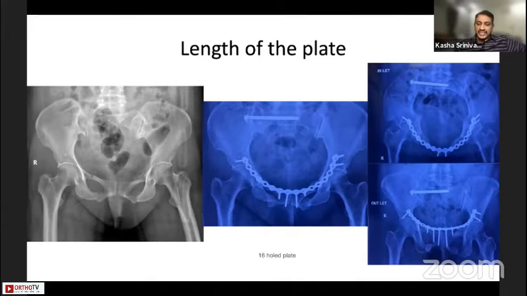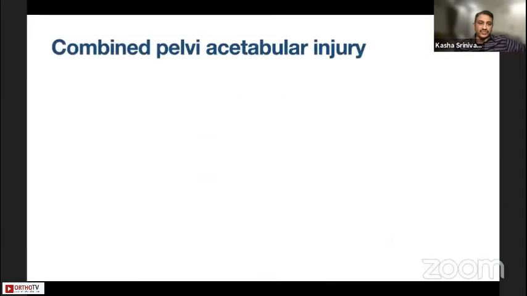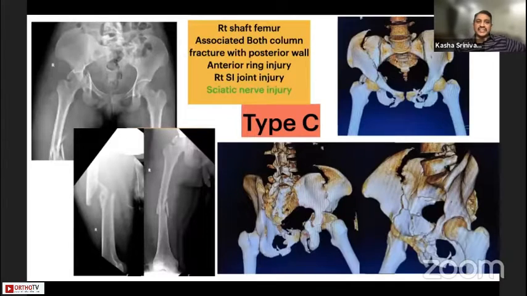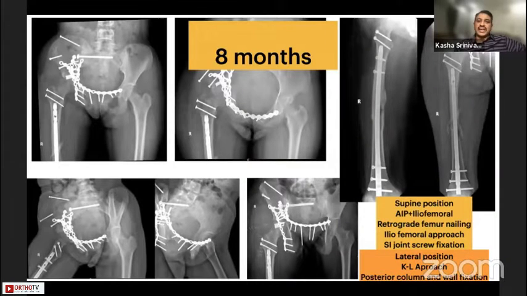Length of plate can vary from 16 to 18 hole. In this particular case, it was a 16 hole which I've used. So in combined pelvic-acetabular injuries, something like this, the acetabular congruity is very, very important along with the stability of the pelvis. And in order to mobilize the patient also, you have to fix the pelvis, and which should even aid in restoring the congruity at the acetabulum, which needs longer plates and bridging both the side whenever it is